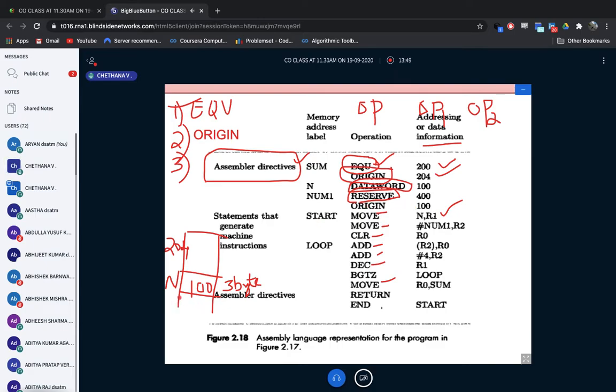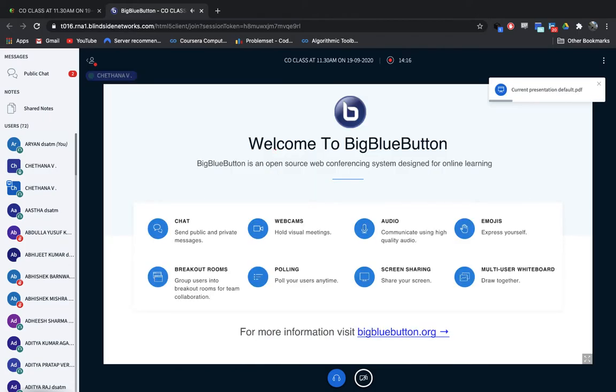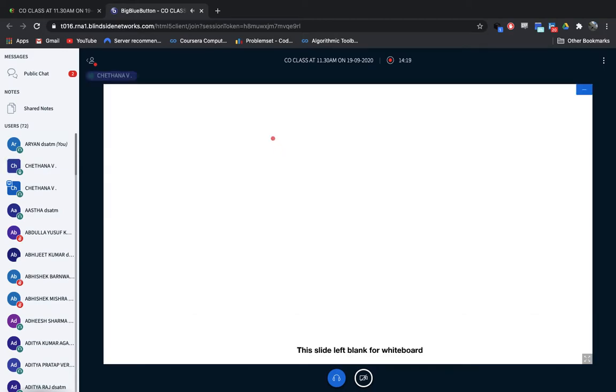I'll show you here. Suppose I'm going to have a number, NUM1. Please assume this is number 1. For this number 1, I'm going to reserve 400 bytes, as they have given.